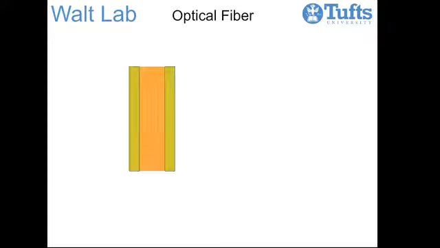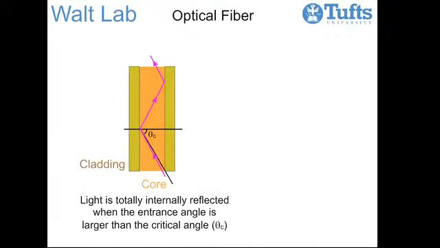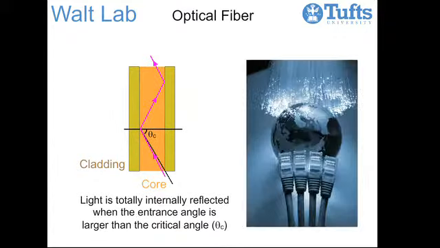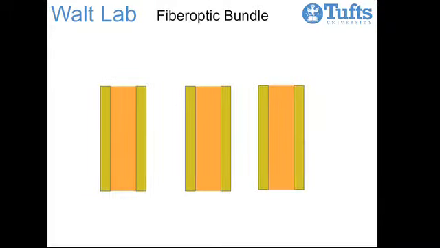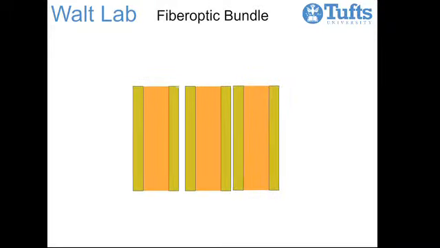Optical fibers are comprised of two parts, an inner core and an outer cladding, which are made of different types of glass. When light enters the fiber at or above a certain angle, the light is totally internally reflected, which means it can be transmitted for long distances. This is the basis of the fiber optic cables that bring internet and TV into your home. In our lab, we use fiber optic bundles, meaning thousands of individual optical fibers are fused together to create